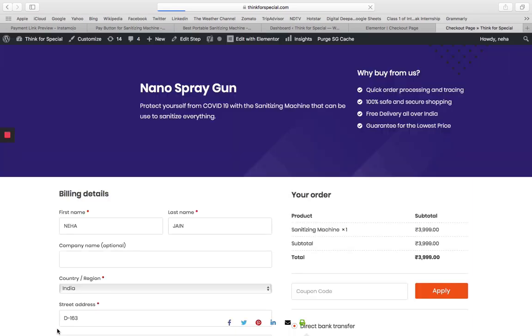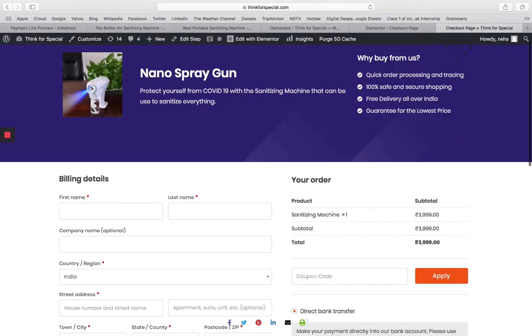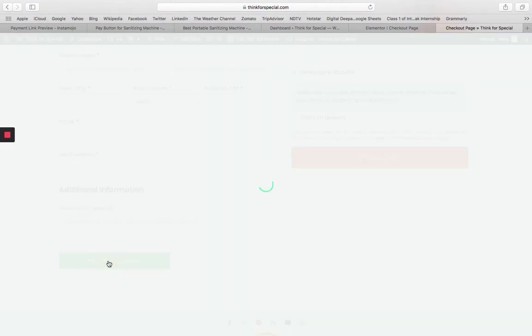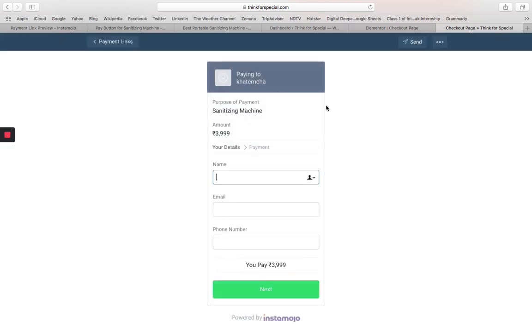So let's preview it. So let's go down and see whether it's, yes, it's here. When you click on this, you will get the option here. So it's very easy to generate. Now let's go to the second method. For that we need to go to our dashboard.